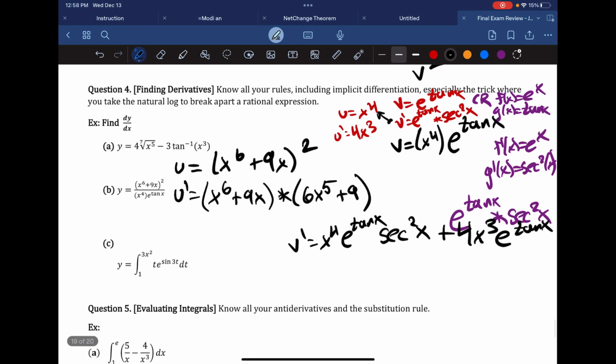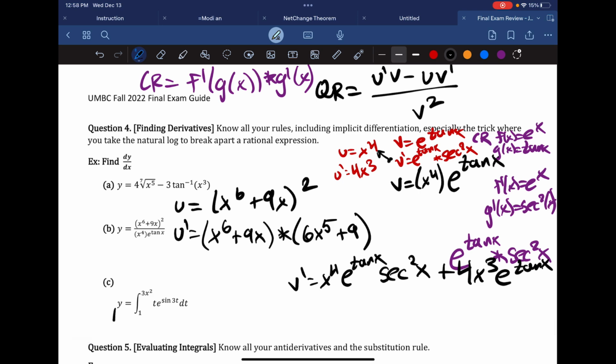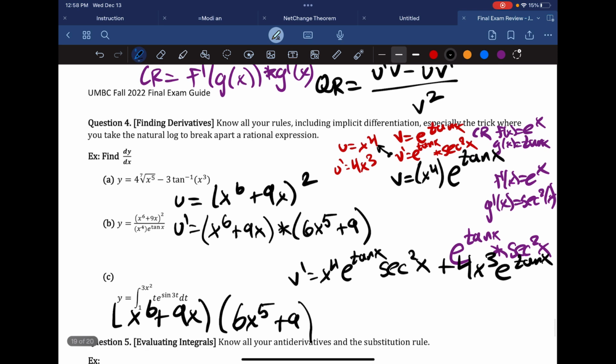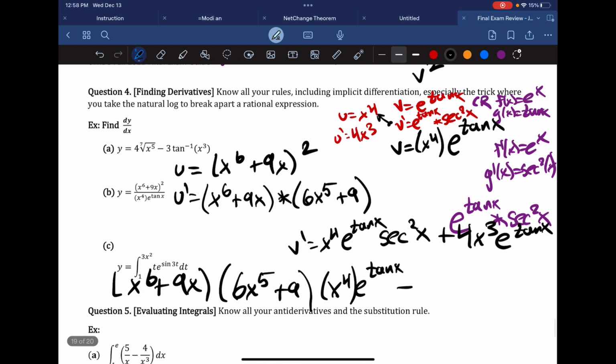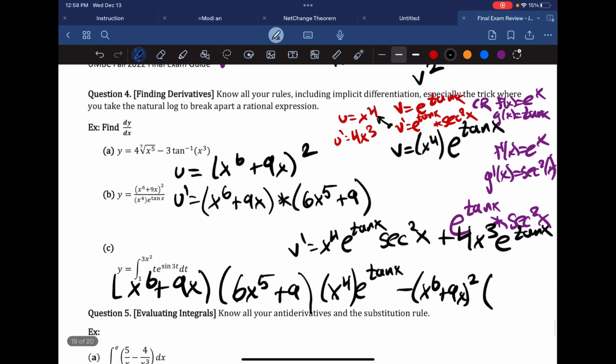So now for the quotient rule, now we're back to the quotient rule. We're going to go u prime, so that's going to be x to the 6th plus 9x times 6x to the 5th plus 9. That's just our u prime. And then our v is x to the 4 times e to the tan x. And then we're going to subtract from this our u, which is going to be x to the 6th plus 9x squared times our v prime, which is